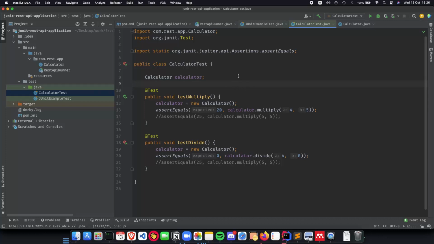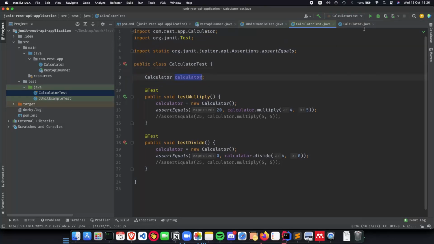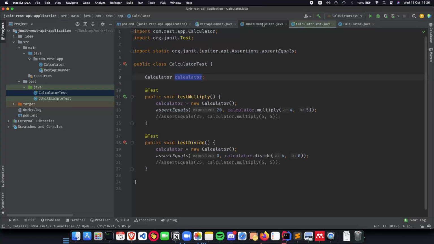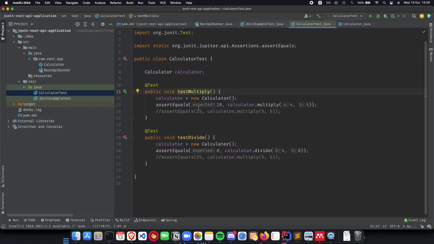We had talked about very simple examples of JUnit, how JUnit works. We also had this calculator class, which we talked about, where we had simple methods, multiply, divide. We had also made a simple calculator test class, and we talked about the guidelines for writing good tests. It should end with a test name, and how we can actually assert that the output which we are expecting from that method is what we actually get. So this is how we talked about JUnit, how it works.